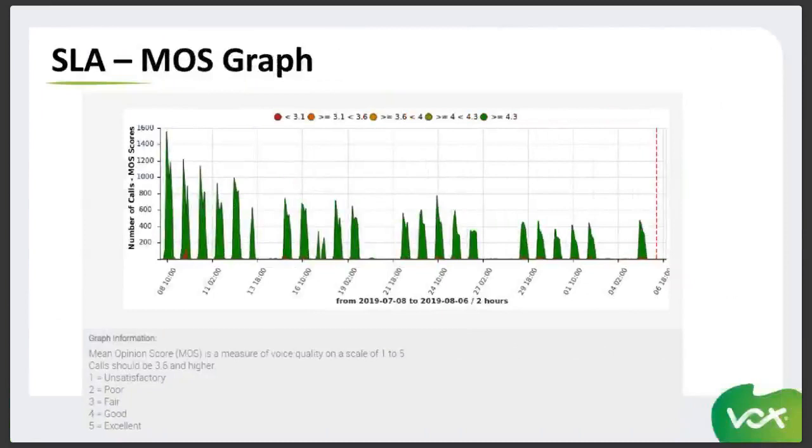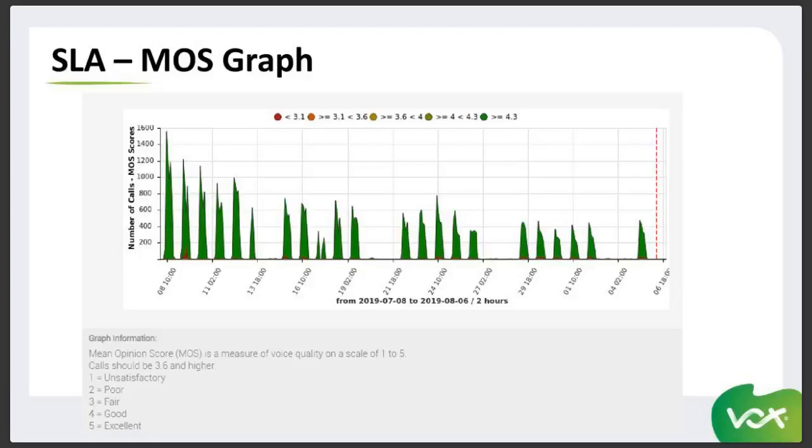Here's an example of what a customer would see if they logged in and looked at the last 30-day graph for voice calls. This is a MOS, mean opinion score, graph. Calls are rated anything between 1 and 5, with 5 being excellent. We aim to maintain 4 and higher. As you can see in this graph, over the last 30 days, the customer has had a large percentage of calls that are green, which is a MOS score of 4.3 and higher, which is very good